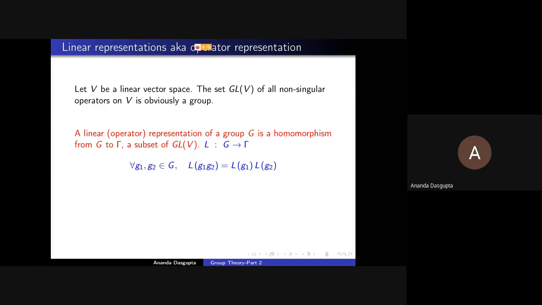So before we go any further, let me just give you a reason why we should really think about such representations. Let's think of a very special thing that happens all the time in physics. Suppose we have a set of coordinates which we use to describe a physical entity. Of course, you will have numbers describing the physical entity. How many numbers? That depends on what kind of physical entity you have, right? If it's a scalar, you need only one number. If it's a vector, you will need 3 numbers. If it's a tensor of rank 2, you will need 9 numbers, and so on.